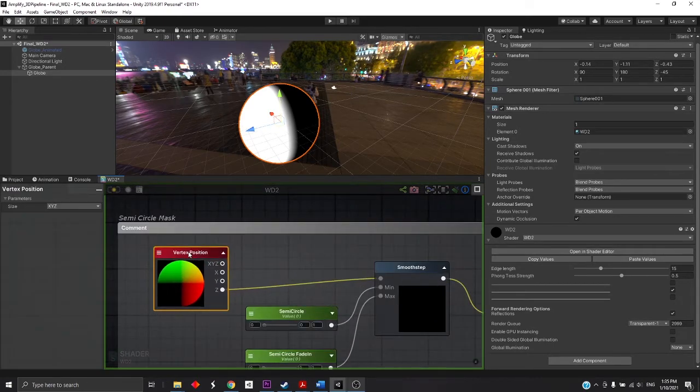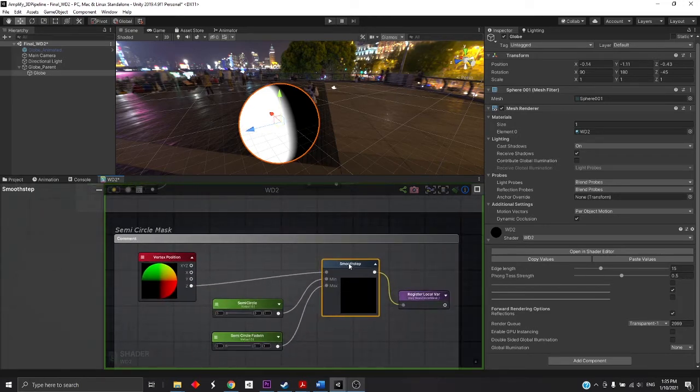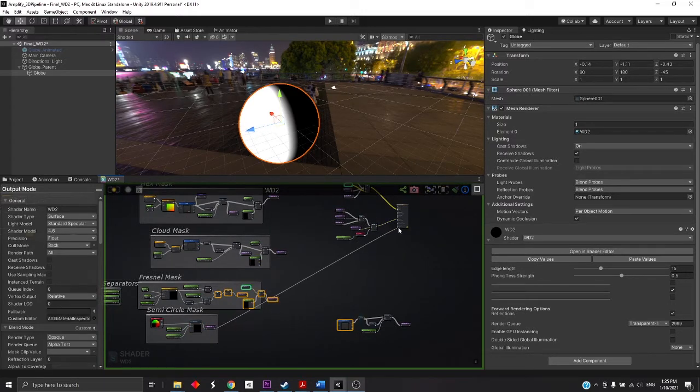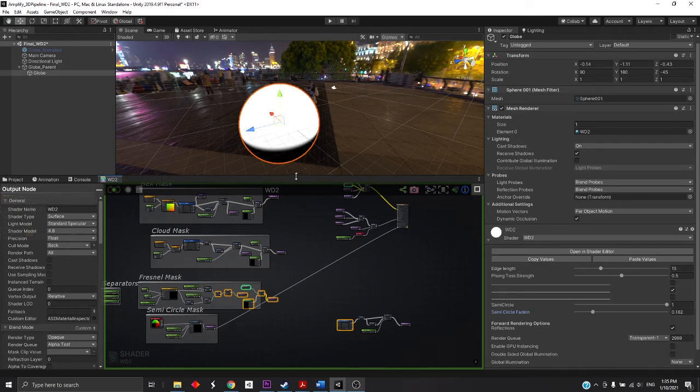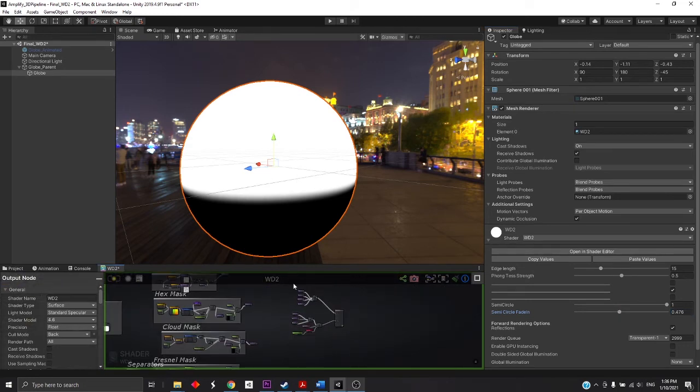So that's it, and I added my vertex position to a smooth step so that I can get a little bit more control over the fade in and fade out, because if I connect this mask, I wanted to control a little bit more over here so that I can control the fade in and fade out effects of it. Previously it was quite sharp and I didn't want that, so I added this. So it's pretty simple. So this was a different mask,